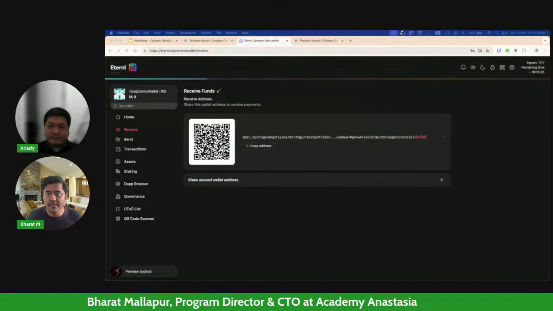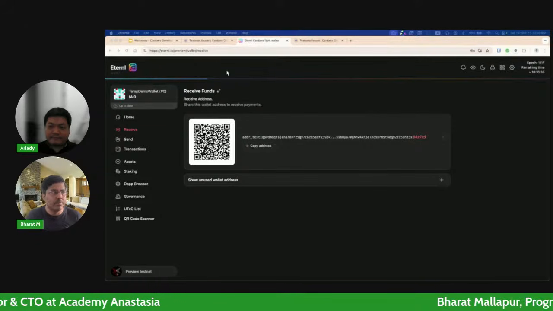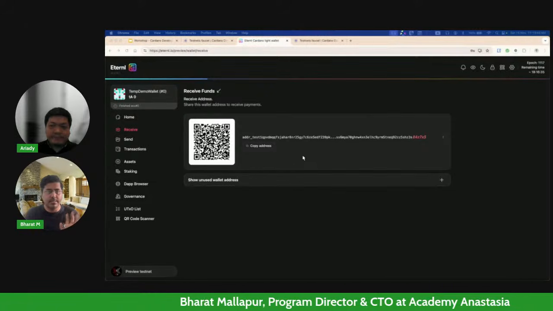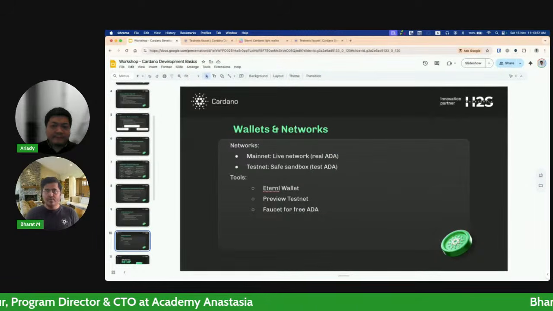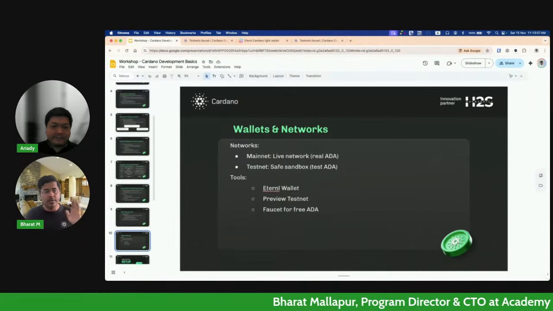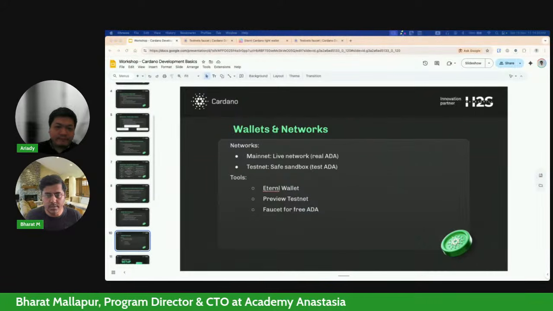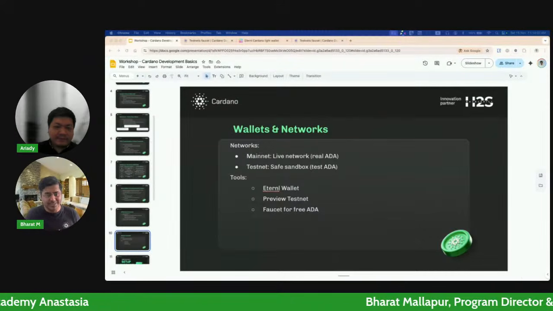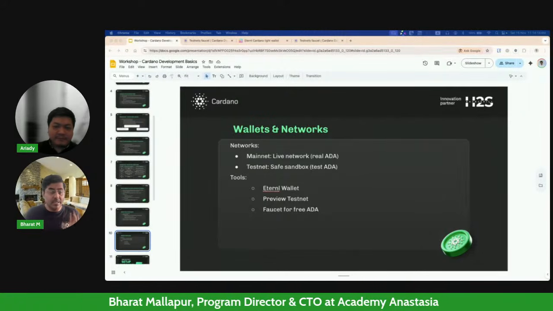So let me do one thing. In this particular case, let me reload my wallet here, just so that I think we should stop here. We are at 11:15, so we have time for Ariadi to take over. So basically, if you have done this process, you set up an Eternl wallet for preview testnet, you copied the address, and then you pasted that into the faucet, you will get the 10,000 test ADA, right? Unfortunately, I couldn't show that to you because I had to test it to make sure it works right before this, and there's a rate limit. So with that, at least this part is done.